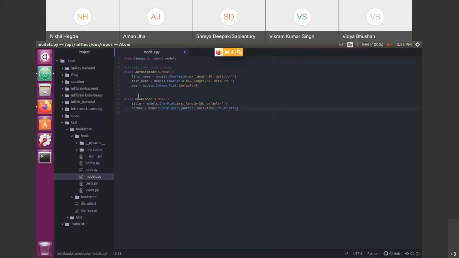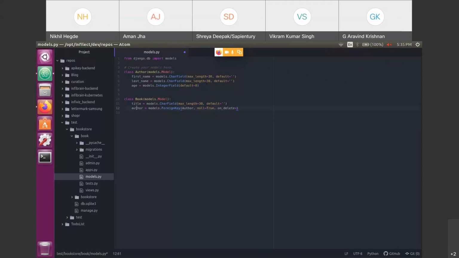Assume that you have created one author and one book in this table, and you have given that author. Say you have created author A and book B, and in the B row you have added author A, so there is one entry in each table and this book belongs to this author. Now assume that you have deleted this author A from the table itself.